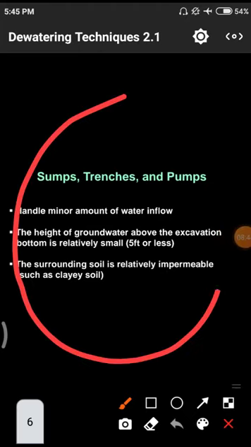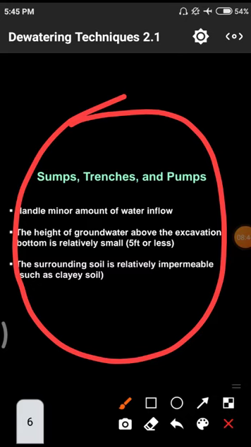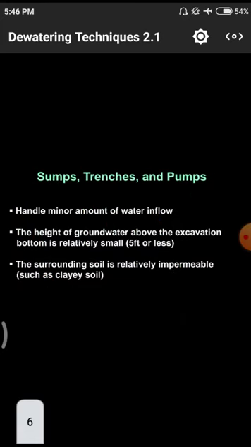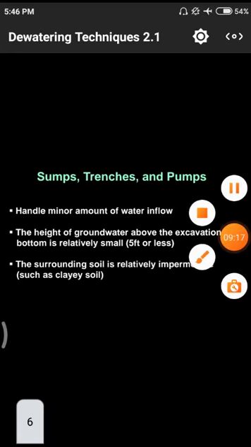This is the whole earth, and within it we have different layers. This is the center of the earth, then the core, mantle and crust at the top surface. Those are the major components at the earth level. Above the crust level we normally live, but below the crust level we have layers, and in those layers water is flowing.